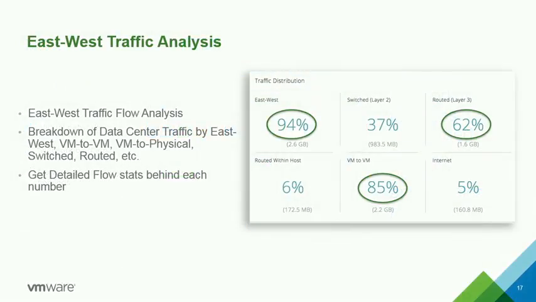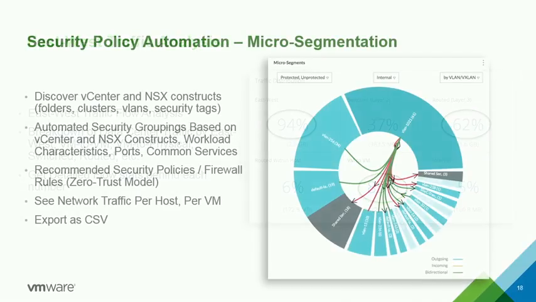But with the Network Insight tool, we can see how much traffic we have on the overlay and on the underlay, and going back and forth from overlay and underlay. And in this view, we have percentage. In this view, we can monitor individual VLANs and segments and see how they communicate, and also what ports. So with this tool, you can do an assessment, and you can see what firewall rules I need in my environment when you go from not having NSX to having NSX in your data center.